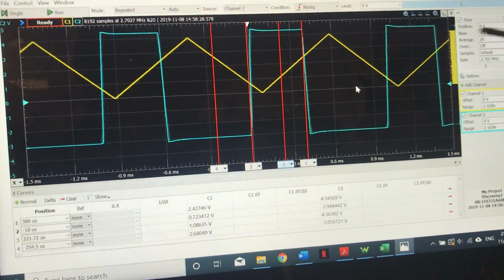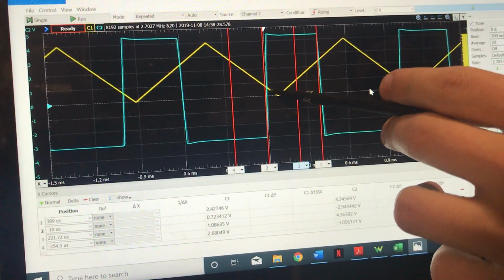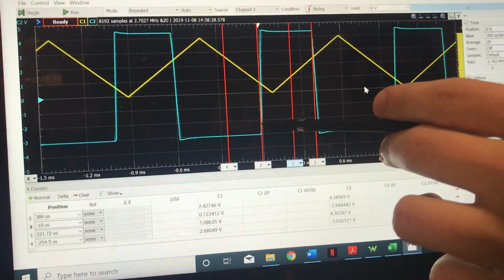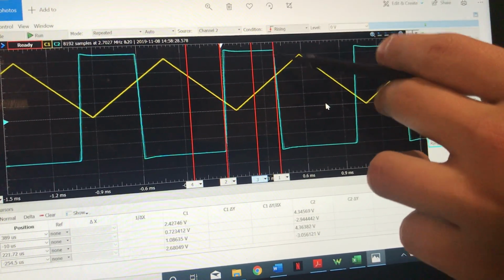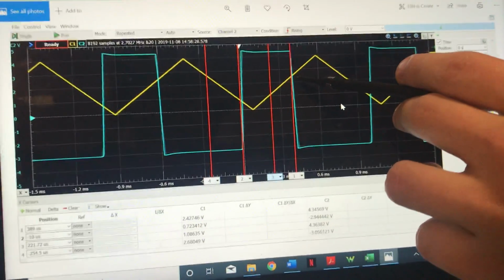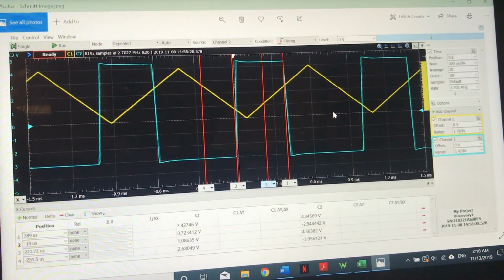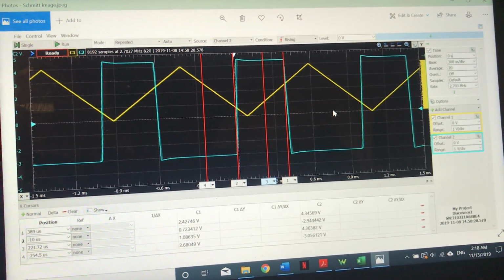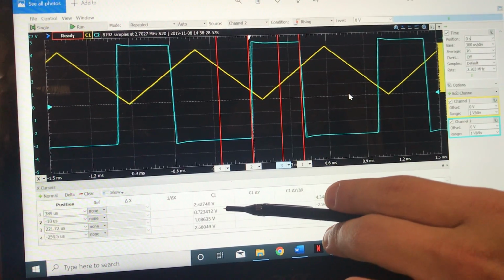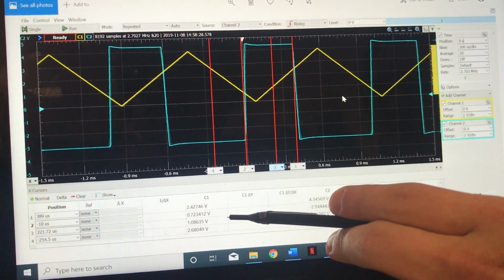So here we have our input in yellow. When it goes down to the lower threshold here, we see that our output in blue goes high. Then when our input reaches this high threshold here, our output bounces down to its low state of negative V rail. So we see those values correspond to a V1 and V2 that we're interested in of 2.4 and 0.7 volts,